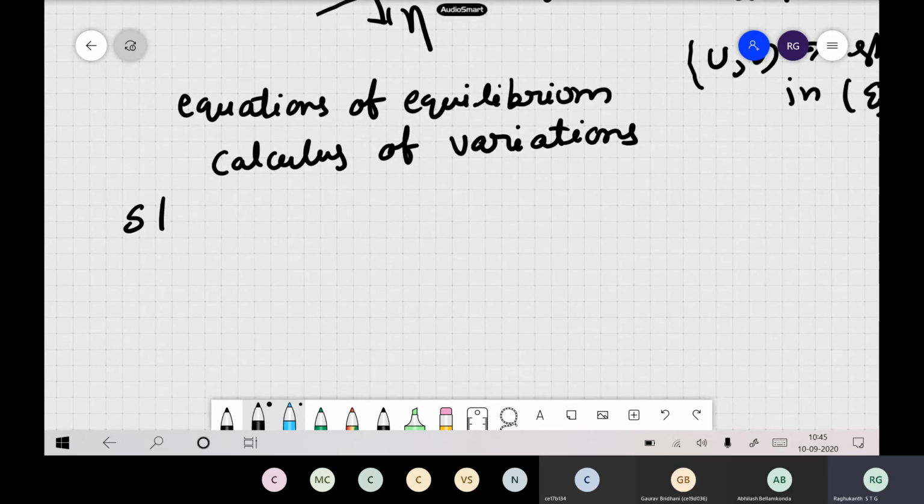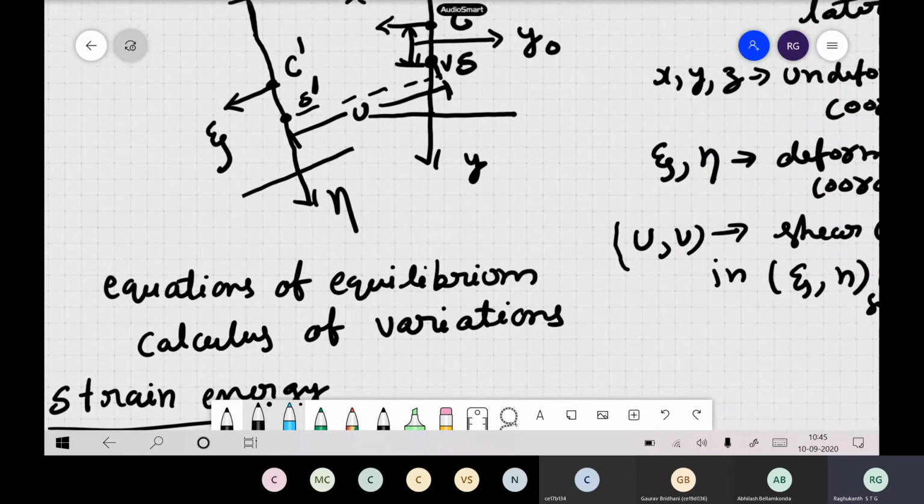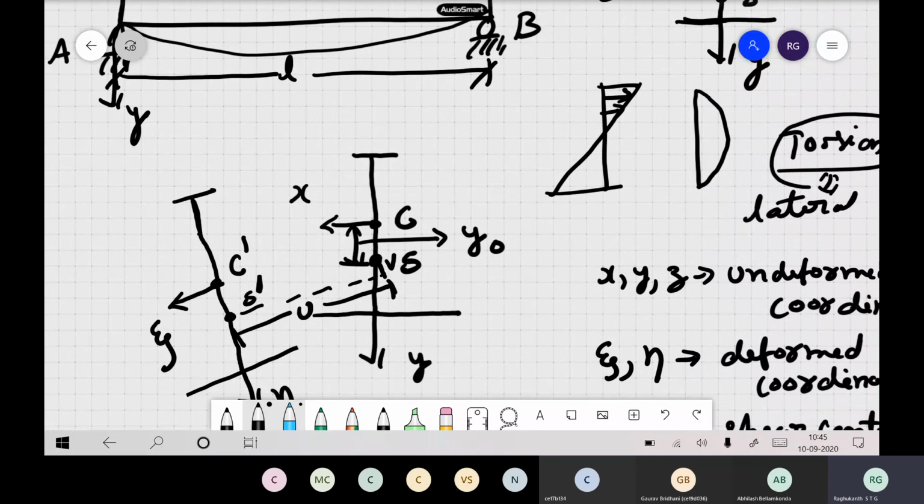So now we calculate the strain energy due to buckling. Now what will be the strain energy here? How many strain energies are there during this lateral torsional buckling? Tell me, how many components will it have? Bending and torsion. Bending, but be careful, you follow, right? When you are saying bending, in which axis?